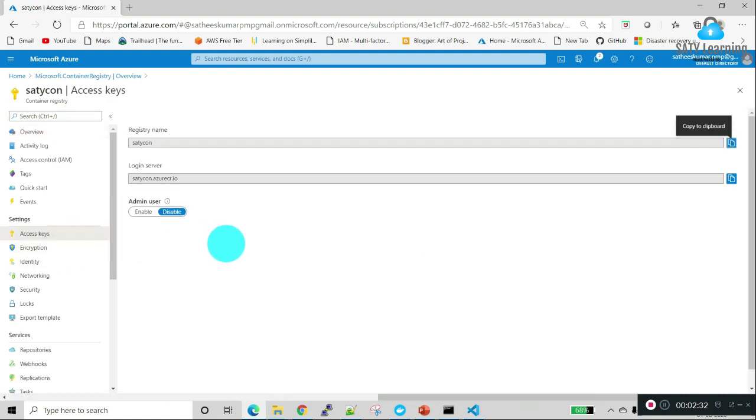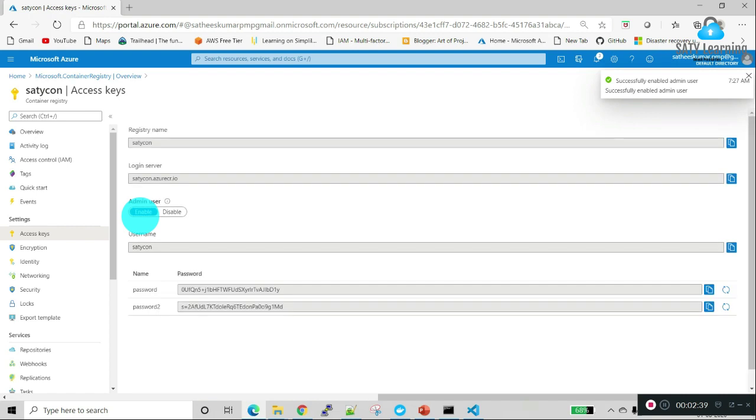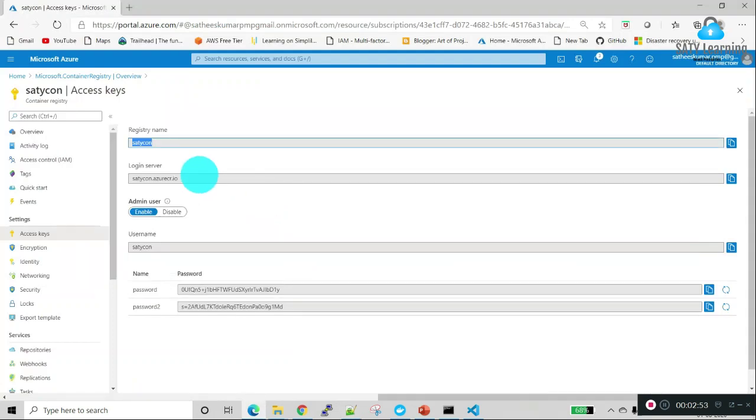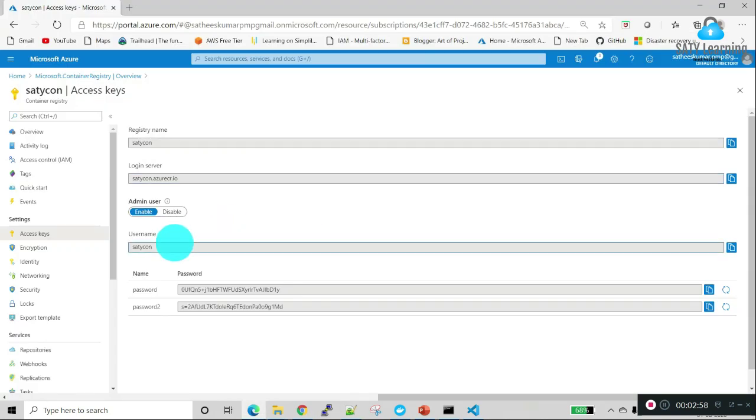We'll go to access keys and we will enable the admin user. Copy the registry name, SATICON, and the login server, the username and password.